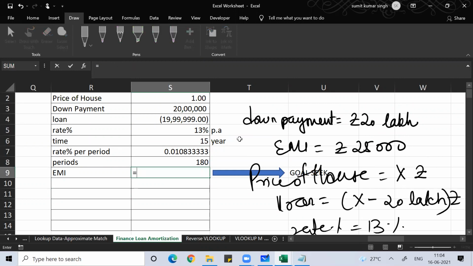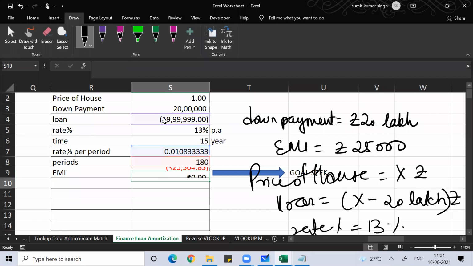So you can calculate the EMI, guys. Your EMI would be PMT equal to rate. What is your rate? Your rate is this much, NPR. What is your NPR? Your NPR is this. This is one cell. This cell, comma PV. PV means what is your loan value? This is your loan value. FV is 0. Type is 0. Close bracket. Enter. Done, everyone.